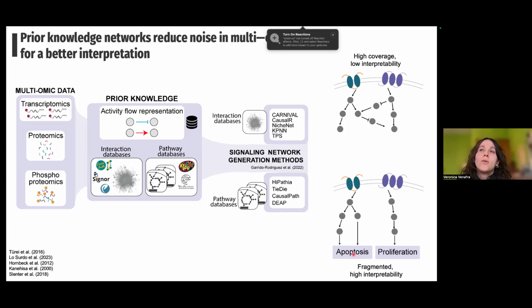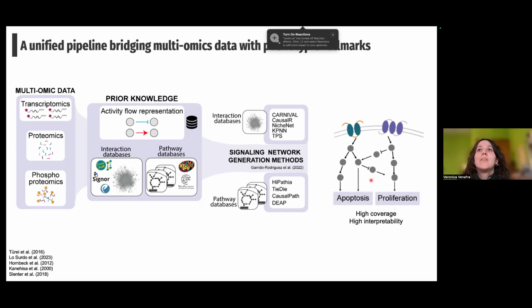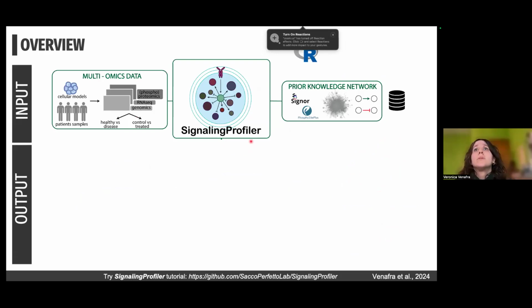So our goal was developing a pipeline taking the best of both worlds. So returning a big network with high coverage, but also high interpretability. Moreover, we wanted the entities in the networks to have an activity derived from multi-omics data to make these networks context-specific. So we developed the SignalingProfiler, which is an R package that takes as input multi-omics data, so genomics, bulk